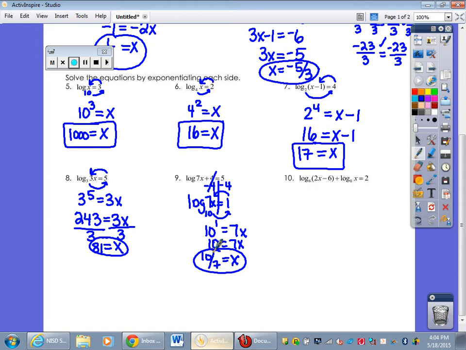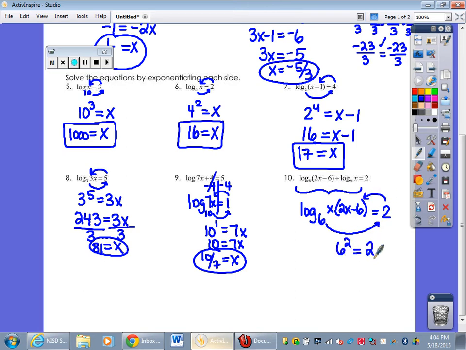And the last one, first thing that I would do is I would make that into one log. Since they're both log base 6 and your rule says that when you're adding you actually multiply these two together, this is going to become log base 6 of x times 2x minus 6 equals 2. Okay? Remember that our properties of log says that whenever you're multiplying and the two are the same, you can condense that into 1. So this is going to be 6 to the 2nd power